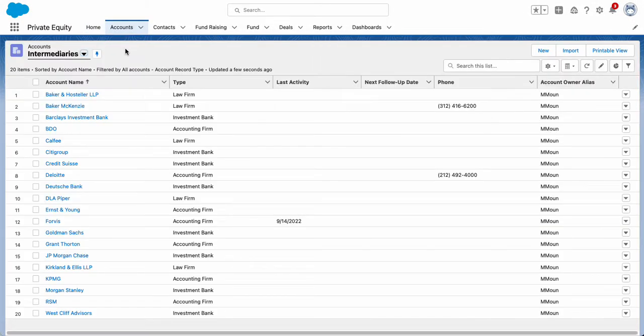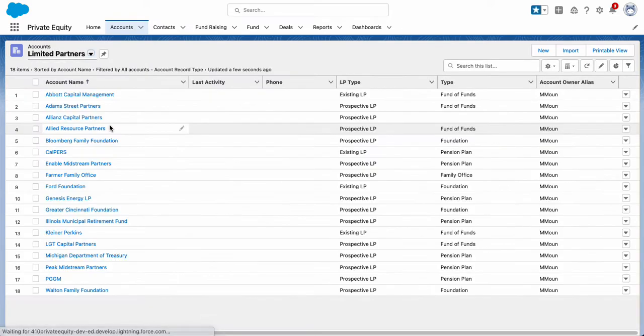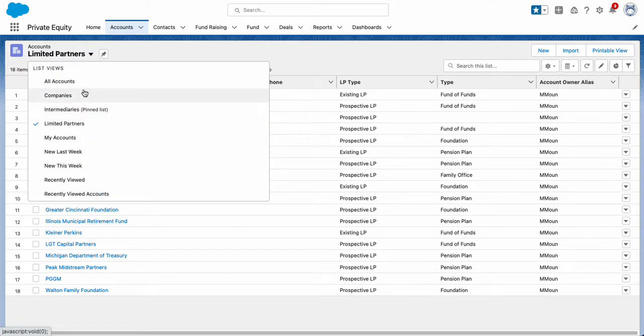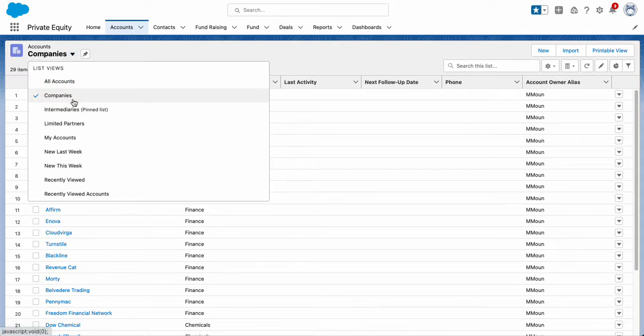So when I click on accounts, I have chosen to look at intermediaries as my main view of the data. A view gives you the ability to segment your data in that tab and only see a subset of it. I've also built some views here because I only want to look at my LPs, for example, or I may just want to look at the companies that I've got here in the database. You can create as many views as you want. But going back here to the intermediaries,